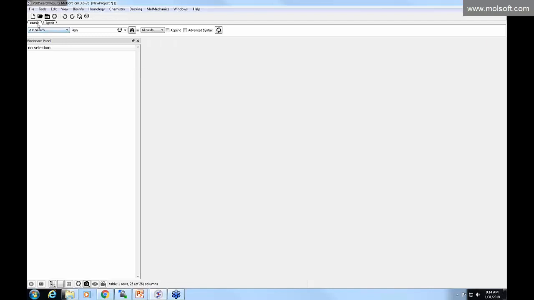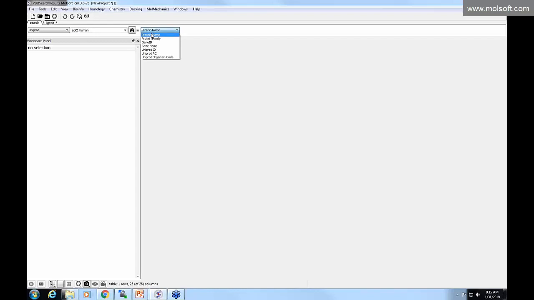Okay, so how do we read information from Uniprot? So we first go to the search tab shown here, and we use the drop-down button. In this drop-down button, we have all the databases that ICM links directly to. So we have the chemistry ones like PubChem, Drug Bank, and also the Protein Data Bank. But the one we're interested in today is Uniprot. So you type Uniprot, and then you can type in a Uniprot ID or code